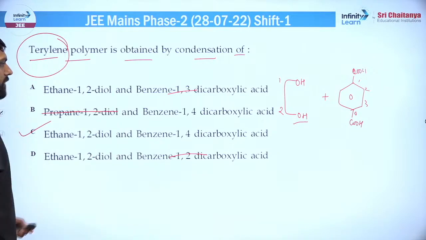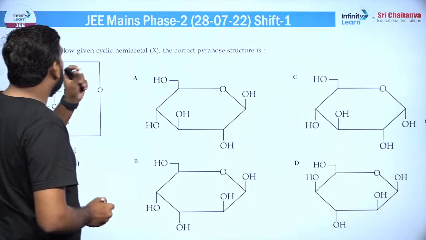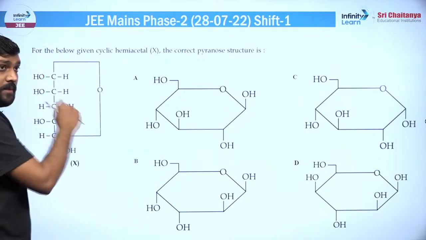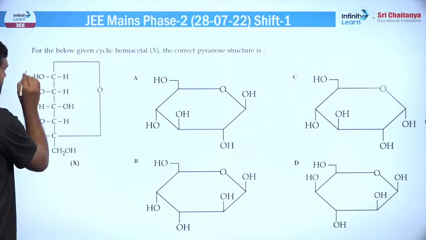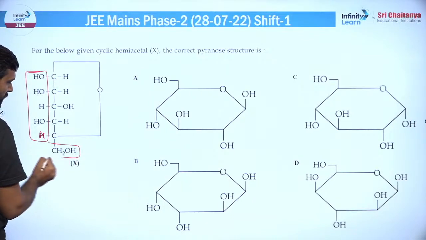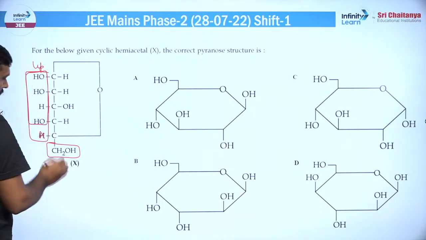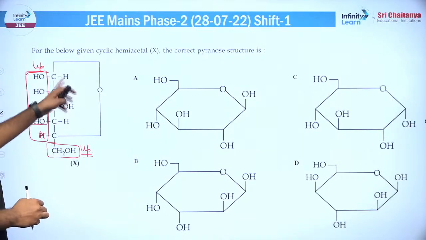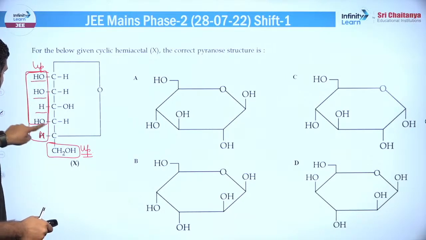गोइंग टू द नेक्स्ट, ये कंपाउंड है, फॉर द बिलो गिवन हेमिएसिटल द करेक्ट पायरोनोस स्ट्रक्चर, तो आपको इसका करेक्ट पायरोनोस बना के दिखाना है। देखो कैसे करते हैं, जब भी ऐसा दिया हो, तो ये वाली जो एंड होती है ये अप होती है एक्चुअली, इसको छोड़ के लास्ट वाले को, क्योंकि लास्ट वाले में इधर भी ग्रुप लगा होता है। तो ये जो इतने हैं ये सब अप जाएंगे, और इधर का अप ये एक्वायर कर लेता है, तो ये बेसिकली अप पे जाएंगे और ये सब डाउन पे। तो ऐसा ऑप्शन पिक करो जिसमें ये सब अप वाले पोजीशन पर हो, यानी कि इस तरीके का अरेंजमेंट आ रहा हो।